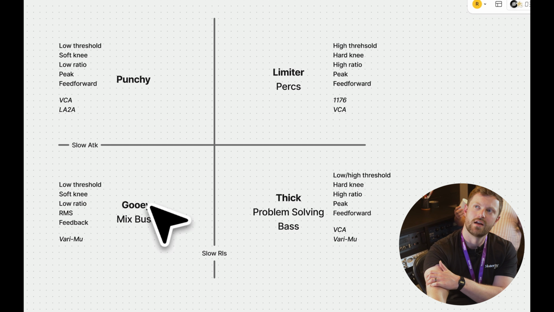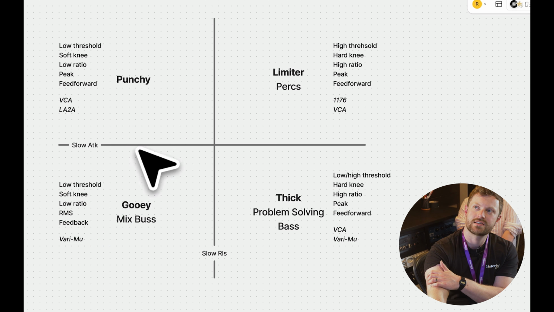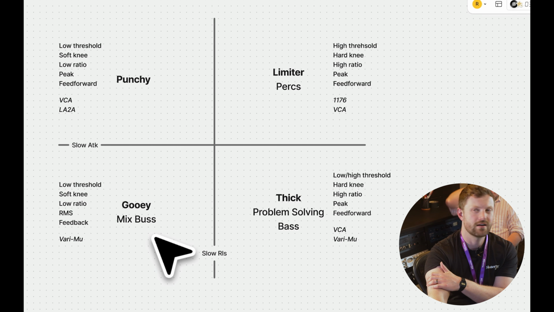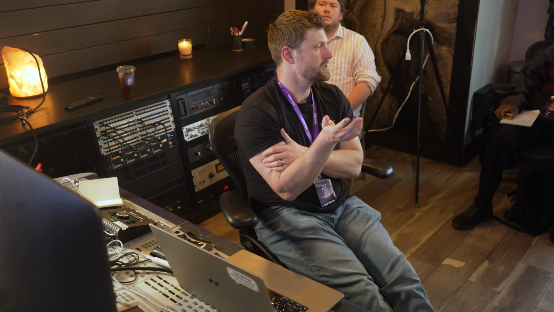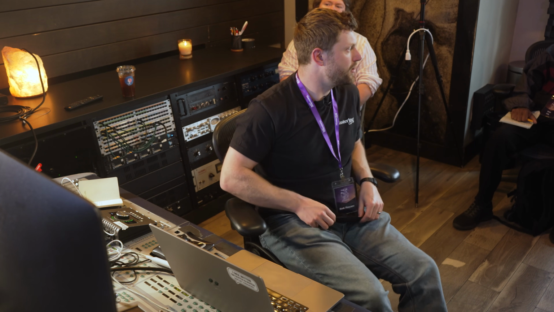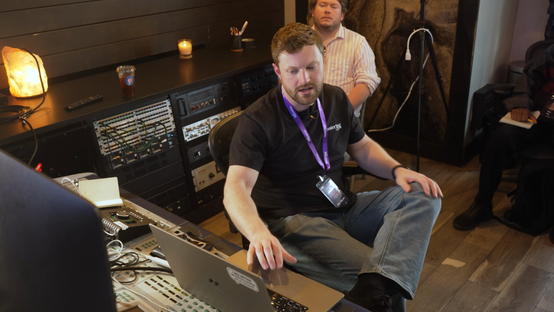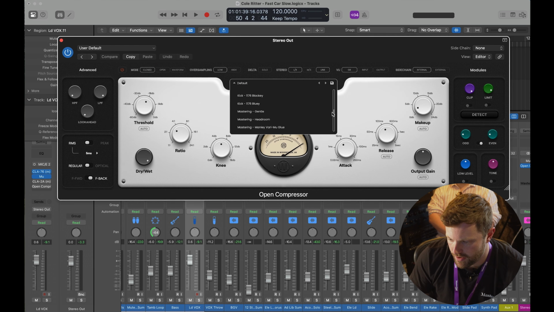And as we go into this territory, this is more SSL territory, and this is more Vari-Mu territory. So again, the conversation we just had was that this is probably not something we want to be super punchy. So we're probably going to lean more towards a Vari-Mu on the Mixbus as opposed to an SSL, which can be quite punchy, or an API 2500, which can also be pretty punchy. And here we've got a Vari-Mu,